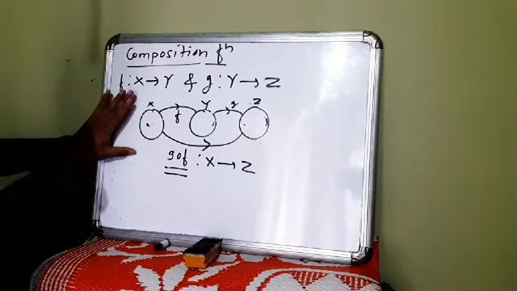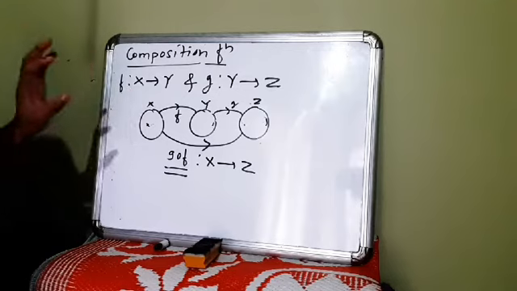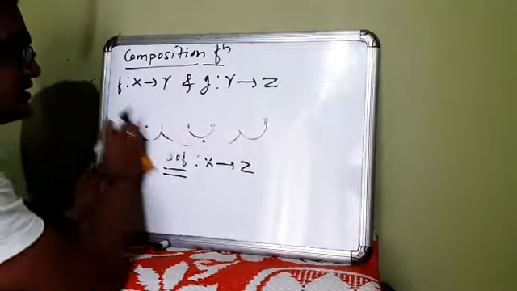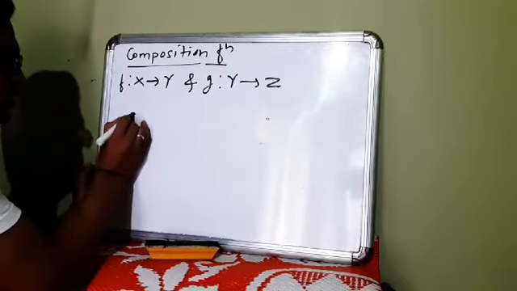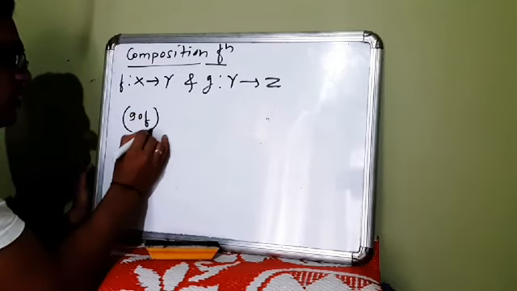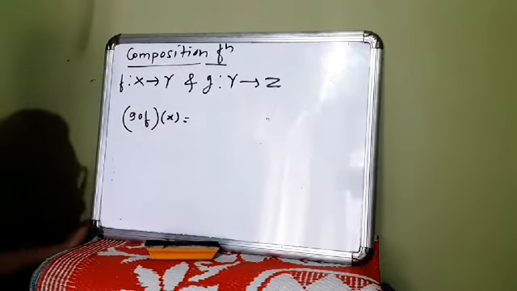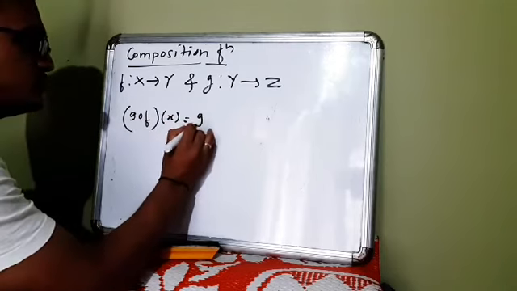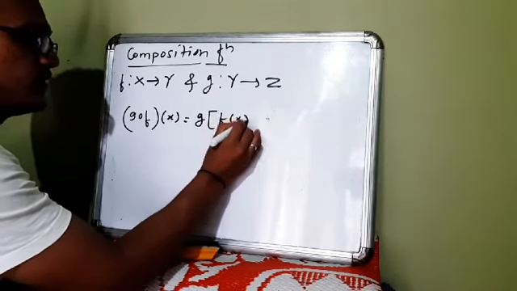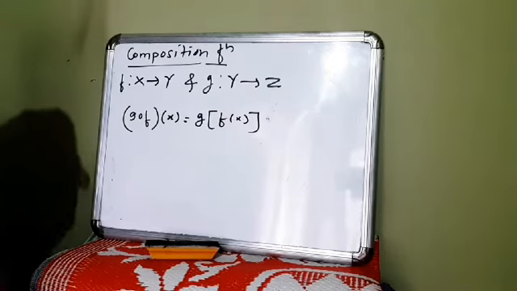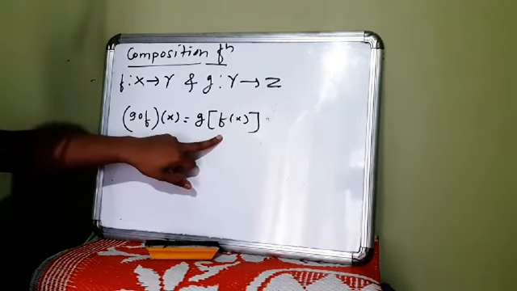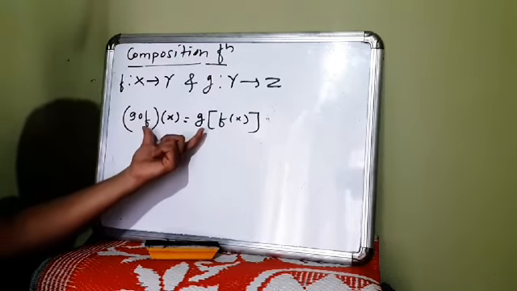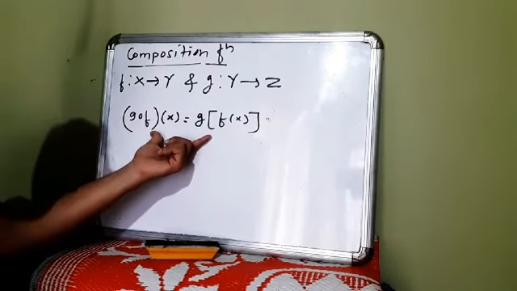If you have not understood this part, let it be, but you have to remember at least the mathematical definition. The notation is: g composition f of x is equal to g of f of x. So this is the mathematical definition of the composition function. We are going to simplify the examples based on just this simple definition.